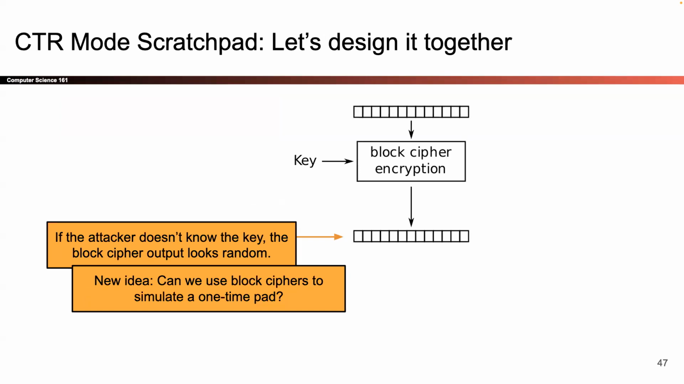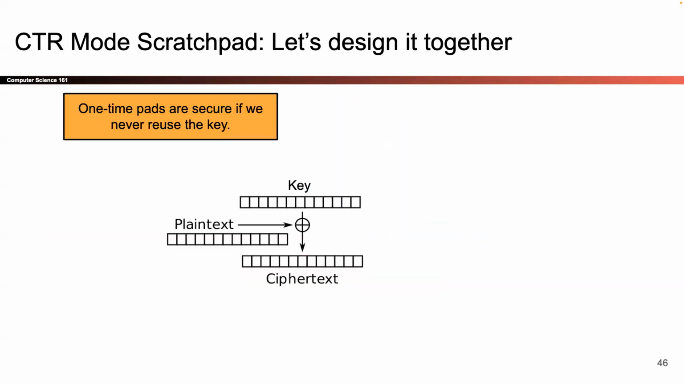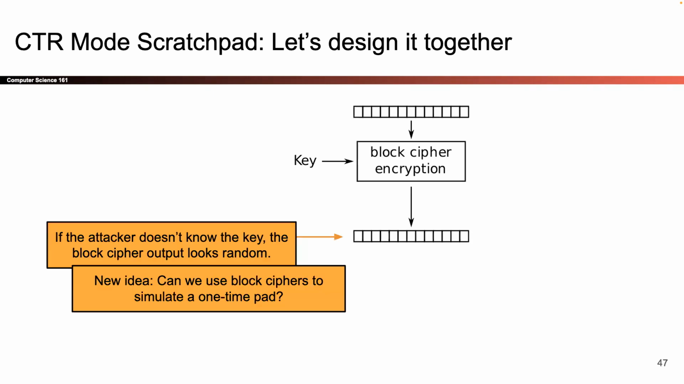So remember, if the attacker doesn't know the block cipher key, what does this output look like to the attacker? Random. From their perspective, this is just a bunch of random ones and zeros with no meaning. I liked one-time pads, but they had that problem where I don't know how to generate them or where they come from. But then I remembered, these block ciphers are kind of nice because this output is completely random